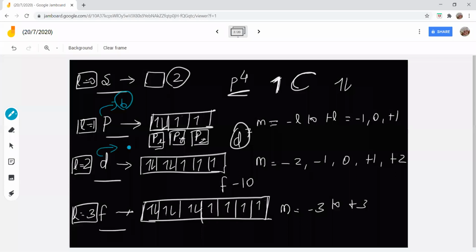What is the capacity of d orbital? 1, 2, 3, 4, 5 boxes. Maximum how many electrons can be filled? Good, 10. Very good. In f orbital, how many electrons can be filled? Good, 14 electrons. So you have s, p, d, f. In s orbital, I can fill 2 electrons. p6, d10, f14. This is the capacity. Remember, s2, p6, d10, f14. Do not forget this.